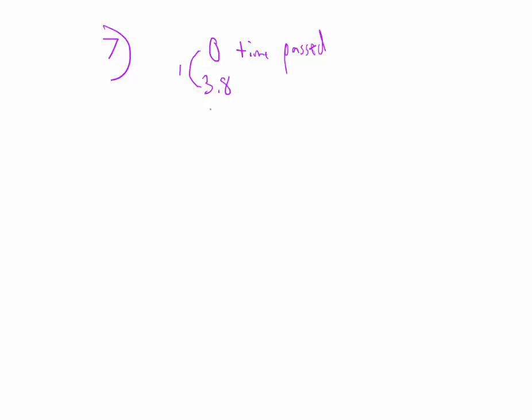And then another 3.8 days going by would put us at 7.6 days and 2 half-lives. Another 3.8 days to go by, and that would put us at 11.4 days and 3 half-lives. And then if we do another 3.8 days, we end up at 15.2 days, and that's 4 half-lives. So if 15.2 days go by, 4 half-lives have occurred. Now, we need to see how much of our 10-gram sample would remain. So now that we know 1, 2, 3, 4 half-lives occur,